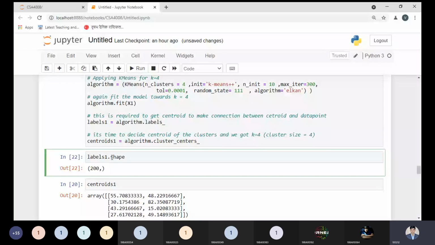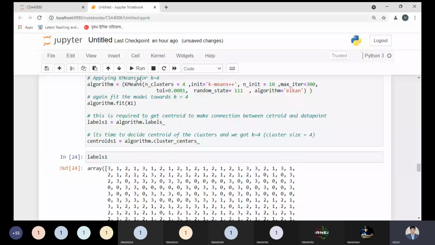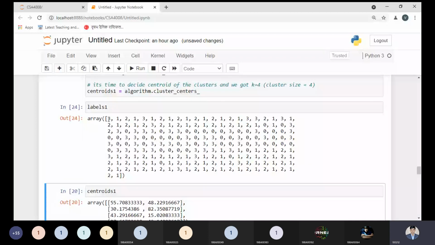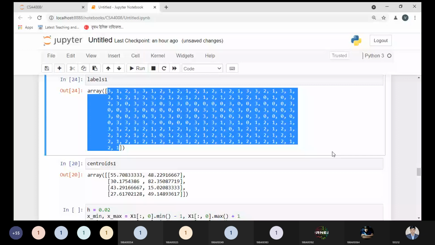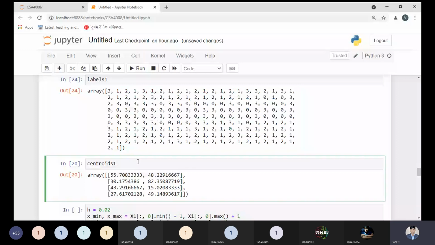So I'm just doing nothing. I'm just printing its value. Let me execute once again. Printing. So we are getting some values, and these values will be identified in terms of some values, and that is to be measured by some distances, of course. Okay, so after this point here we are getting the centroid, and after executing this code we need to move to the next part.